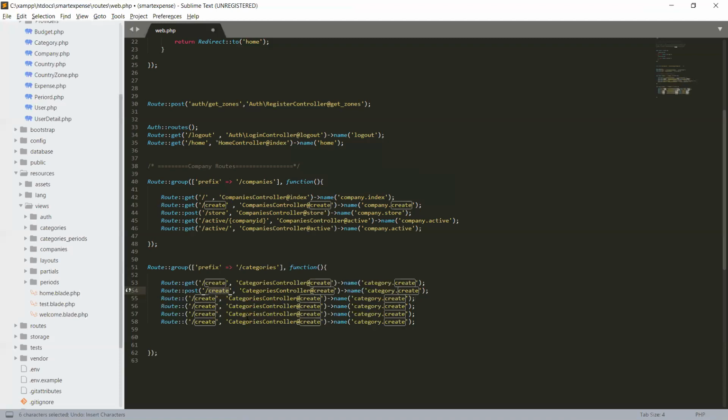Let's select this and Control D to select the next one and change it to store, the categories controller and store.